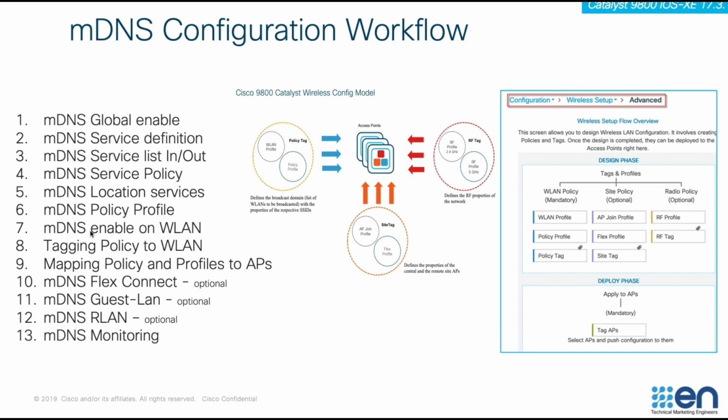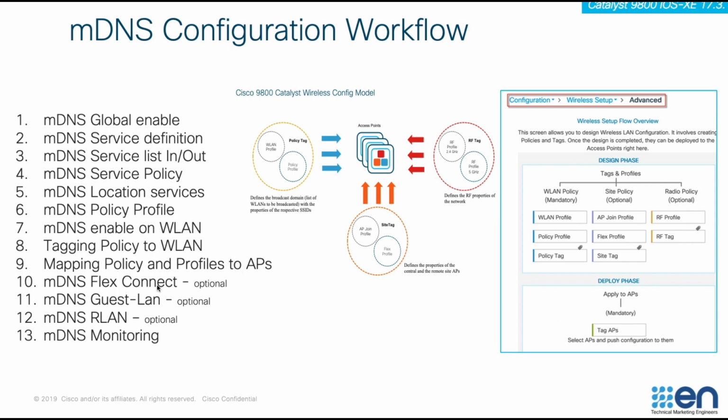The next step would be configuring MDNS on the WLAN itself. WLANs have their own checkbox to turn it on or off. So besides enabling globally, you're going to enable MDNS on the WLAN, and then you're going to tag all the earlier created policies to that specific WLAN. Eventually, we're going to map all these policies and profiles to the APs, as we were explaining before in these